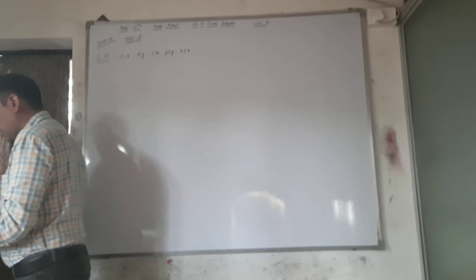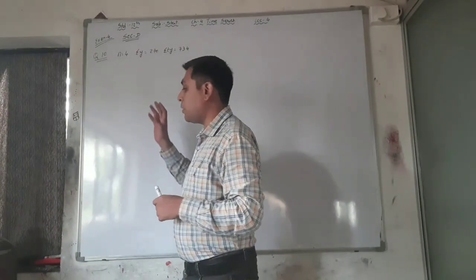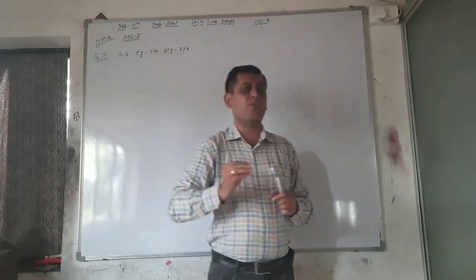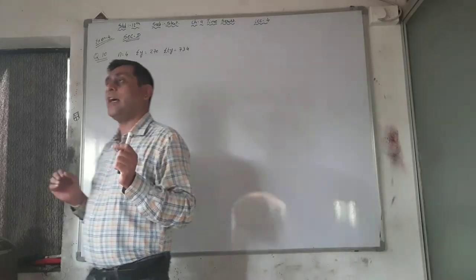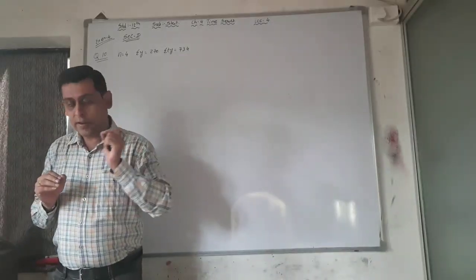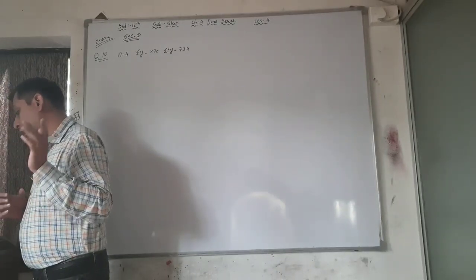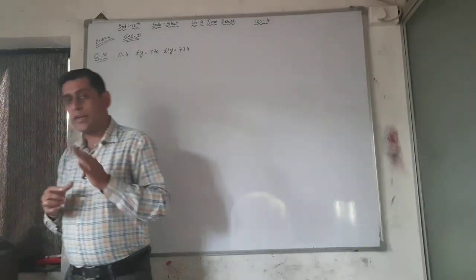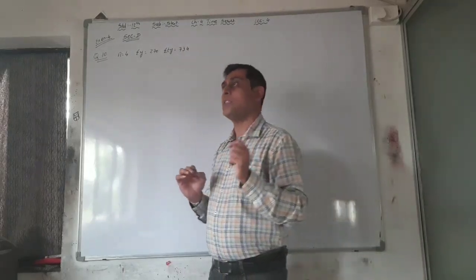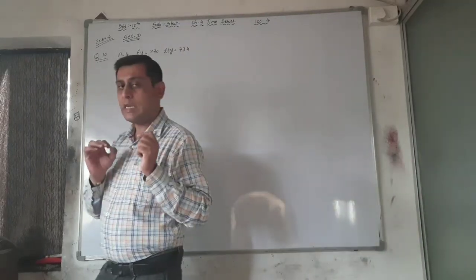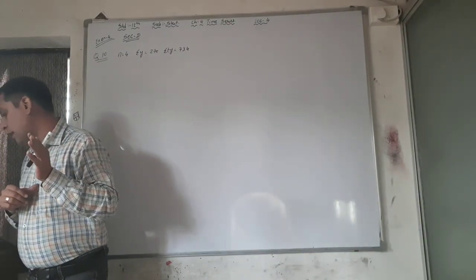See, in section D, exercise 4, question number 10 is somehow difficult and it is also important because it is just like illustration number 7. Okay, first of all read the question. Fit a linear equation from the following data. We have to fit a linear equation, that is y cap is equal to a plus b t, right, from the following data for the variable y of the time series.